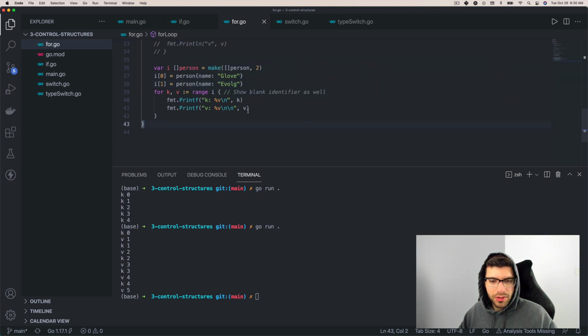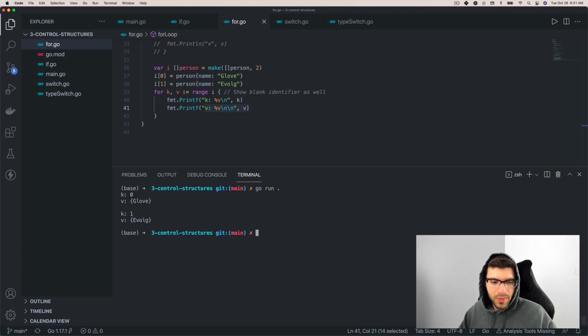Sorry, the hover boxes in VS Code are kind of getting in the way. My apologies, but we can basically iterate through each of these people inside of this slice, and we can print out the different properties here, right? So here we have index 0, which makes sense because we had glove there at index 0, and then here we print out